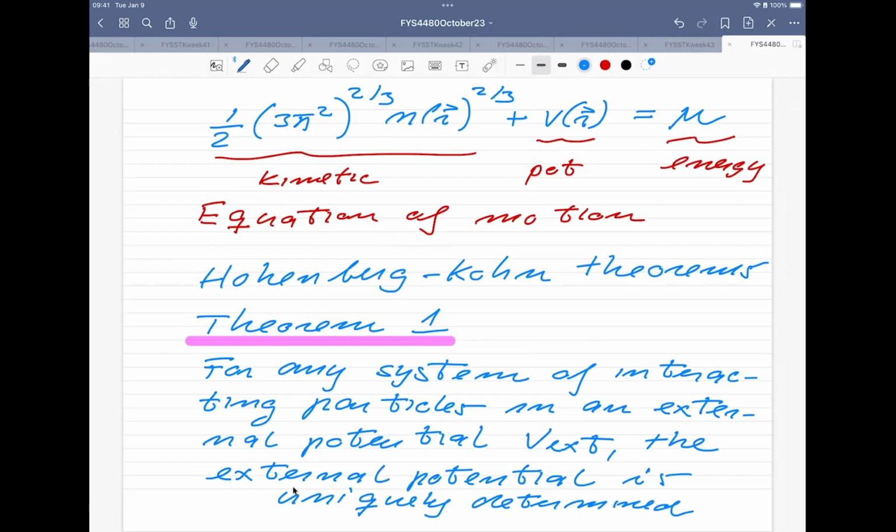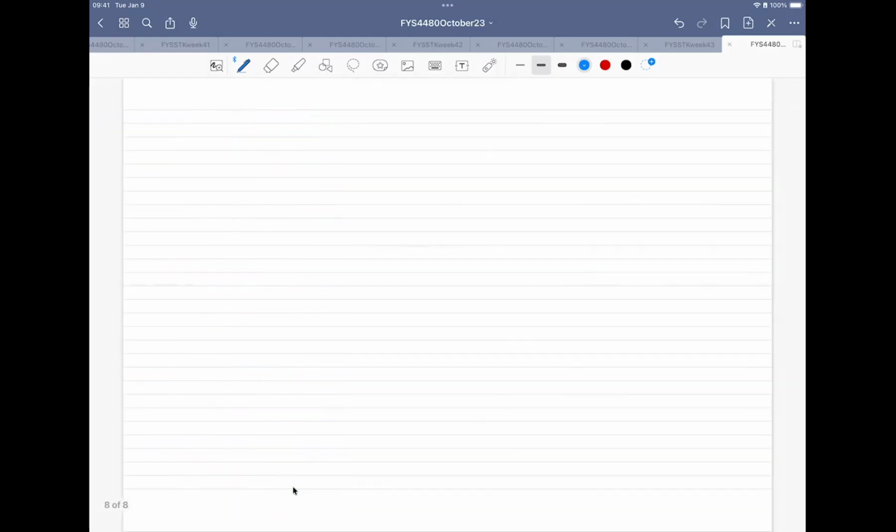If you know the single particle density, then that defines uniquely the external potential. Keep in mind also that we have assumed that this energy functional has a universal part, which contains the kinetic energy plus the interaction energy. And the interaction energy is universal for a given set of particles. So it is uniquely determined, except for a constant,